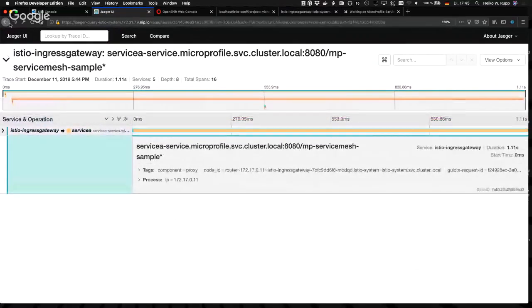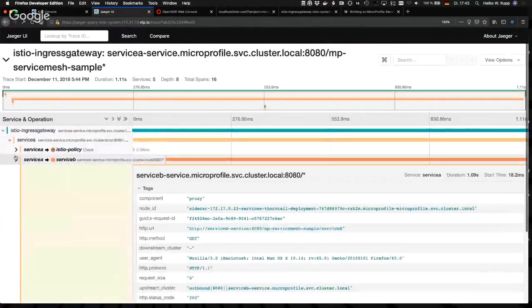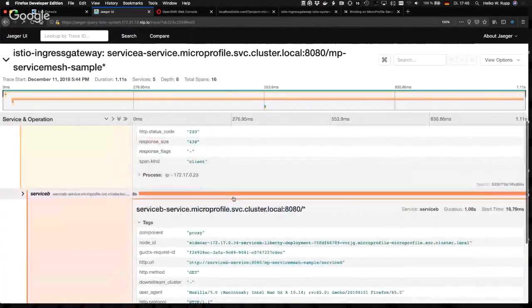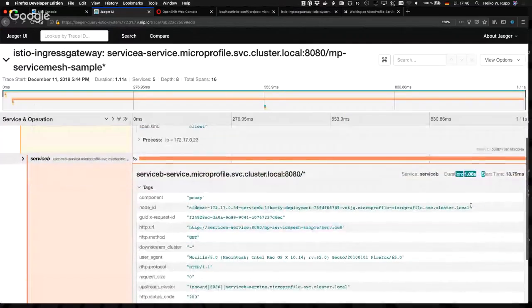Let me go back and let's just go into this trace again. We can see here at the top where the time is spent, and see that most of the time is here in service A client, which is then calling service B, and this is taking 1 second.